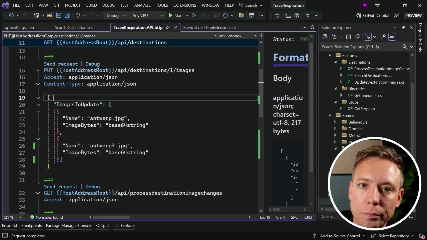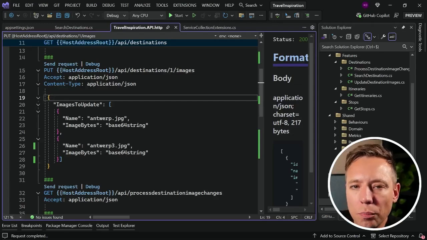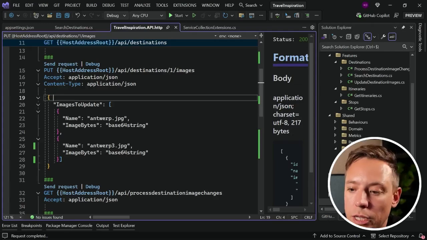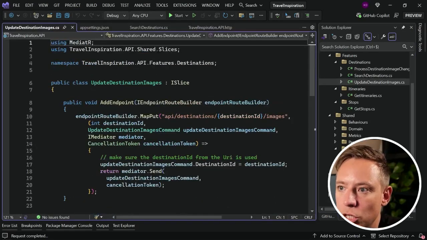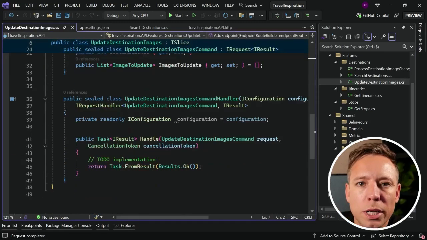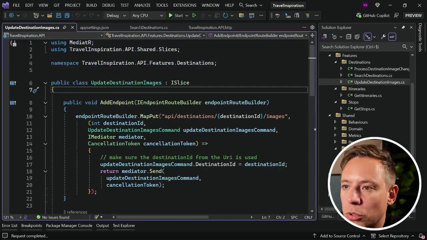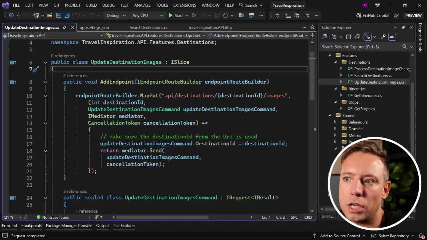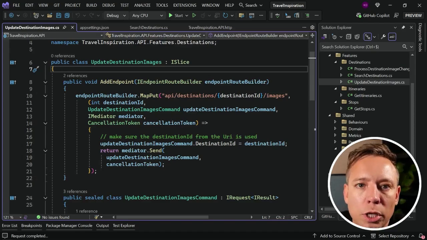Let's up our game. We're going to update data in blob storage. I've got a slice in my API, update destination images, which can be used to update a set of images in blob storage related to a certain destination. Now, this is an API endpoint, so the use case is that this will typically be called from a front-end